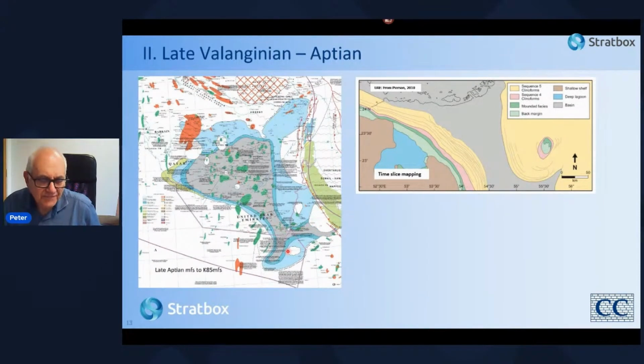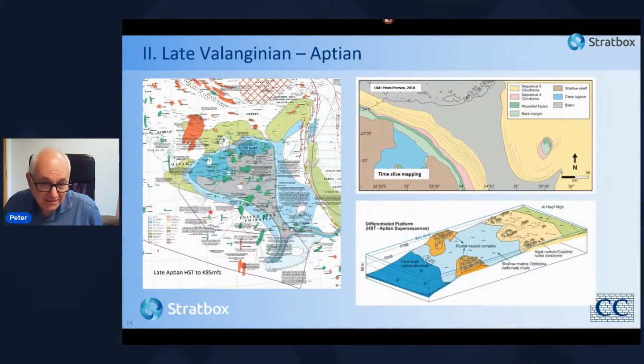So that's the late Aptian maximum flood to the K85 maximum flooding surface, and you can see the basins widened because the carbonate systems have stepped back in deeper water. And now we've switched to the high stand, and you can see the basins narrowed again. So this is a reflection of the progradation, which we show by these arrows, of the carbonate systems into the